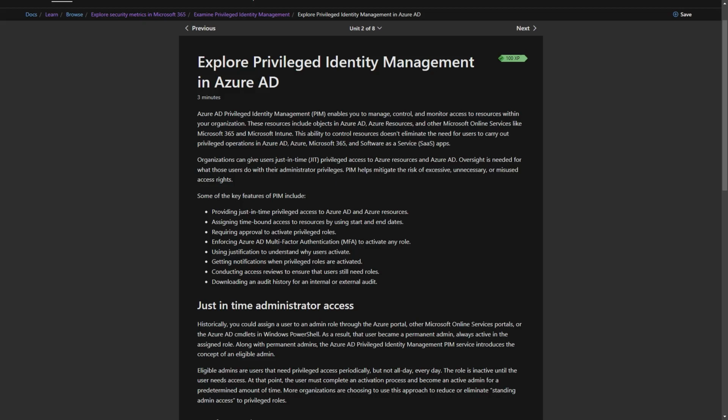assigning time-bound access to resources by using start and end dates, requiring approval to activate privileged roles, enforcing Azure AD multi-factor authentication (MFA) to activate any role, using justification to understand why users activate, getting notifications when privileged roles are activated, conducting access reviews to ensure that users still need roles, downloading an audit history for an internal or external audit,